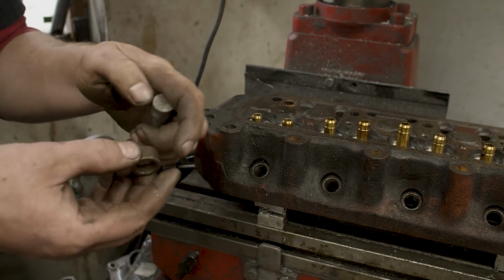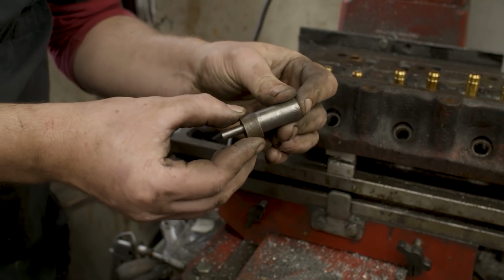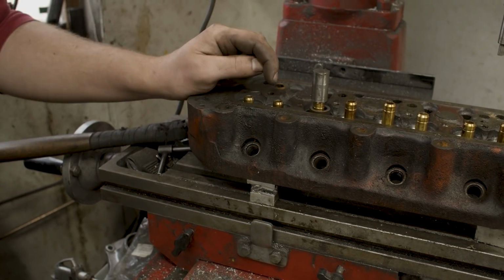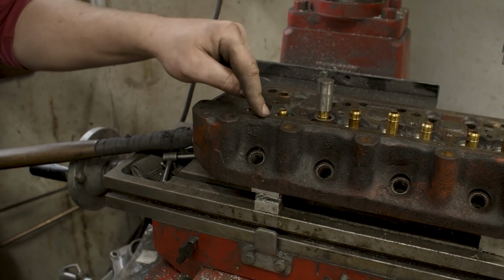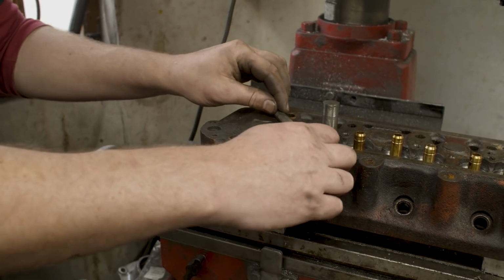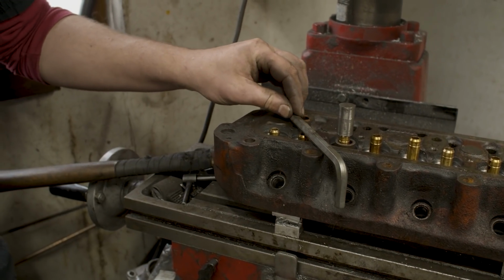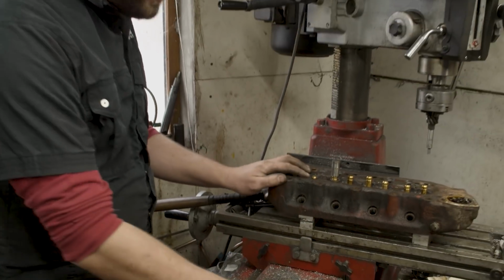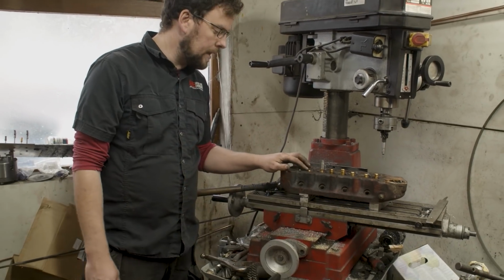You'll see that the drift can't pass through the setting ring. So once the drift comes in contact with the setting ring, you know that the valve guide is level with the cylinder head. I set my valve guides so that they are level with the top of the cylinder head and not protruding. The reason I do that, the factory was about 0.8, probably an eighth of an inch higher